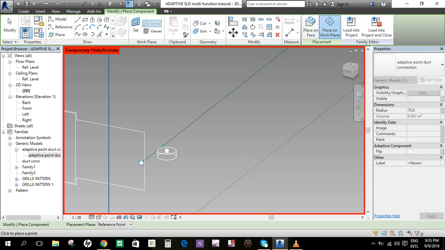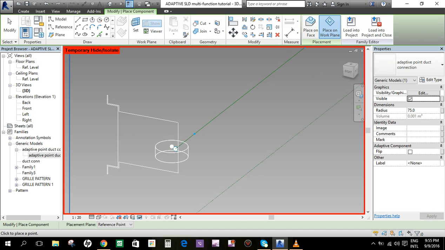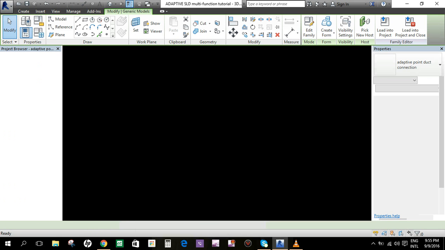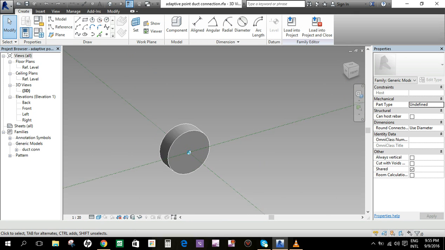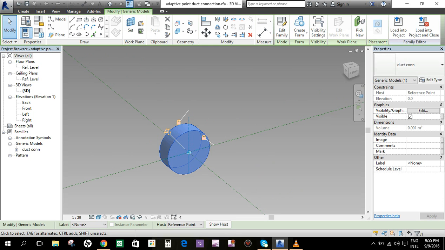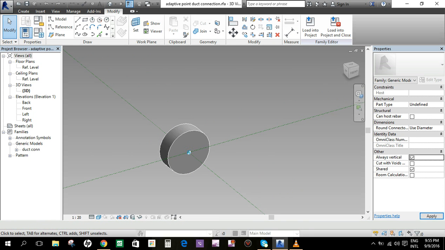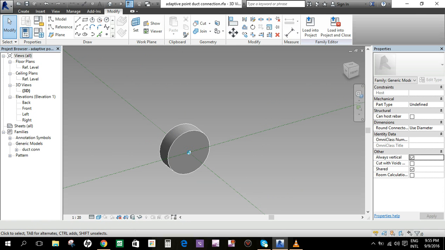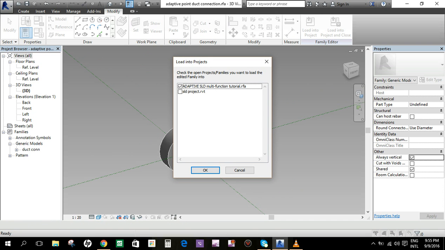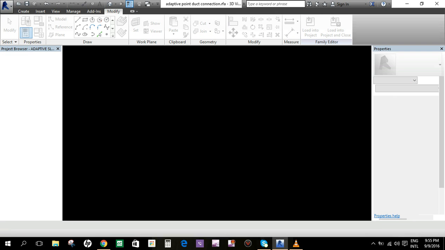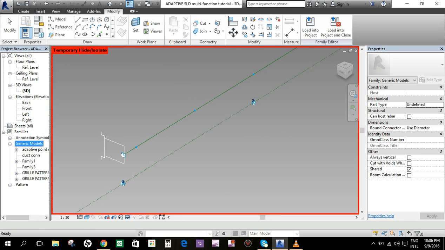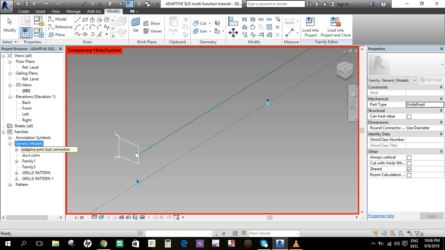It's supposed to be vertical, but anyway, we can modify this one. We will double check the family. Okay, always vertical. You choose this in your properties, always vertical. Check this one and load family to the adaptive multifunction tutorial. Overwrite existing version. So now we put the adaptive point duct connection.